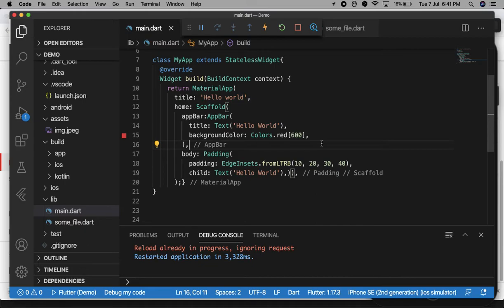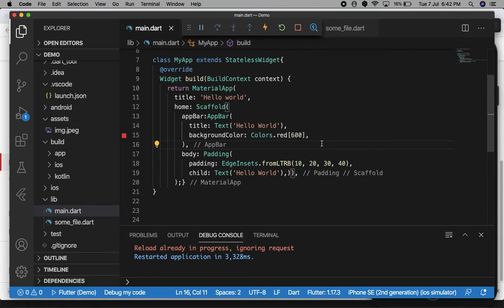The next property is margin. Margin is if you want to put a space around the widget, then you can use margin. For margin I will use a third widget with the name of container, because the container can have padding and margin, both properties inside it.